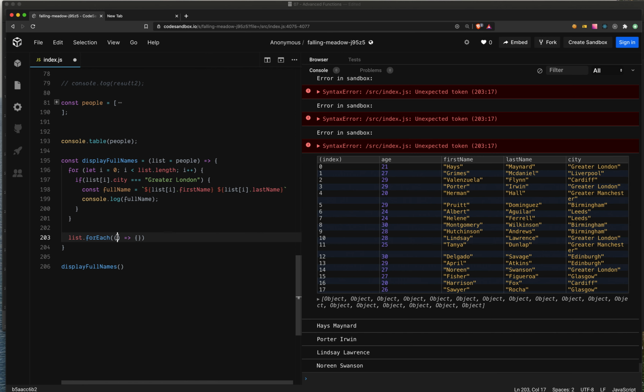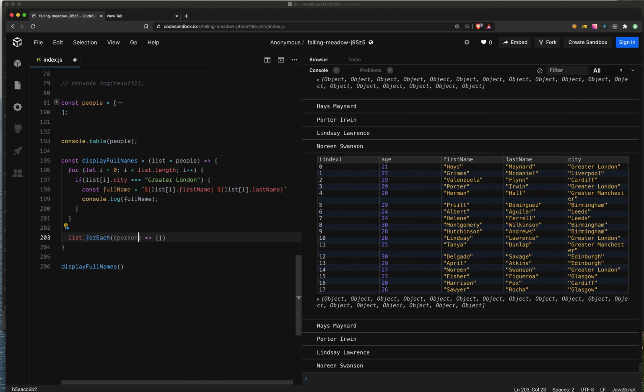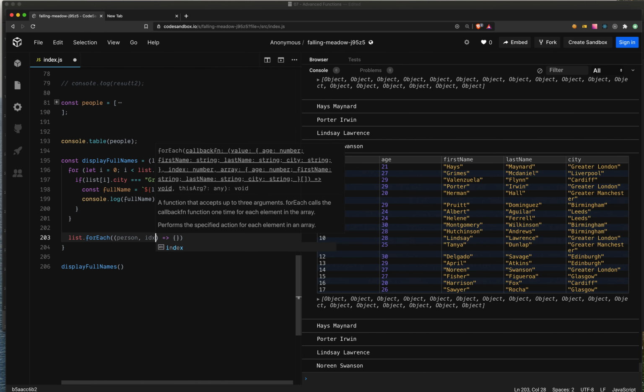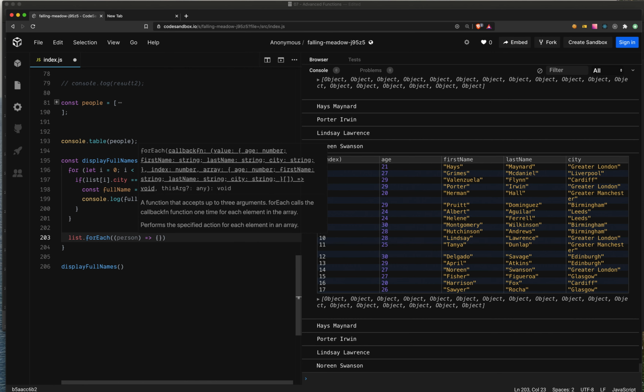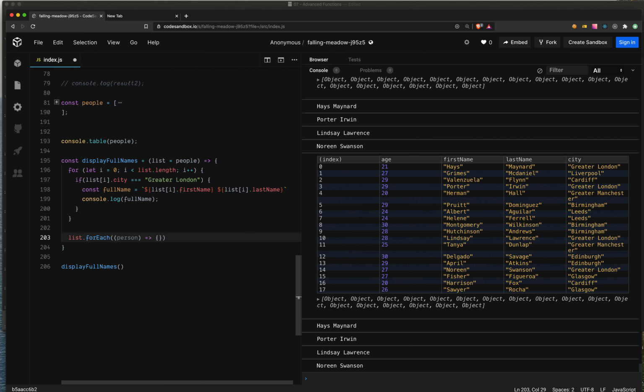Now, this callback, like I said, will give you each element in the array first. So let's call that person, right? You can also get the index, which I would normally do like idx, but I'm not going to do that now. So we have people, and then for each of the people,